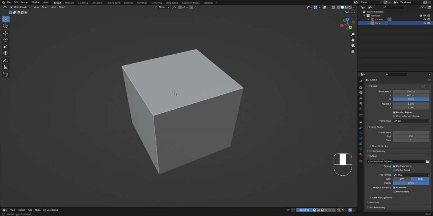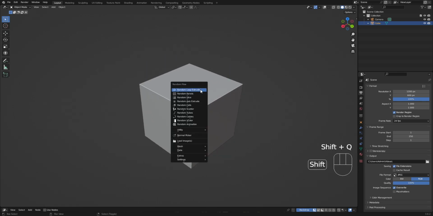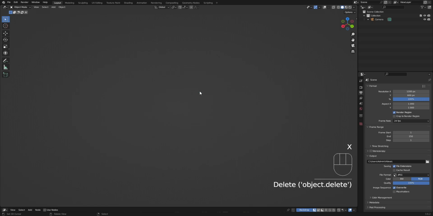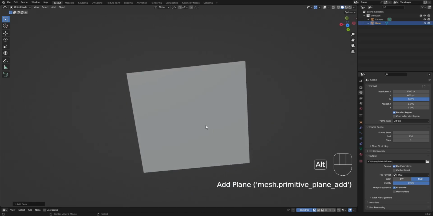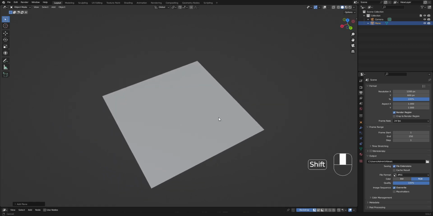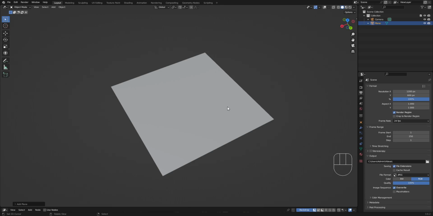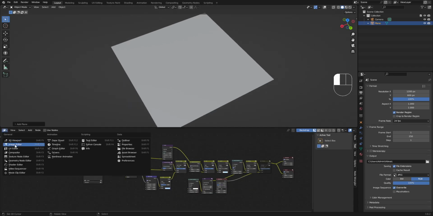So in this video, I'm going to retry the baking process using random flow. Essentially, we're going to use random flow on a simple plane and then bake the randomized geometry to a texture you can use for your projects. But this time, instead of using the normal way of baking this, we're going to use the add-on